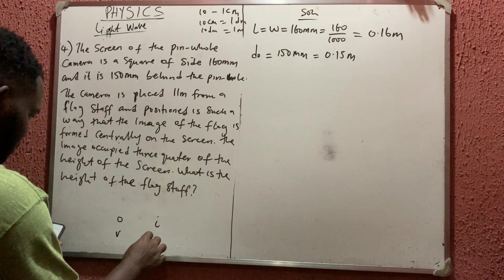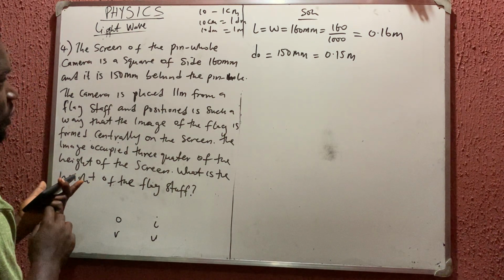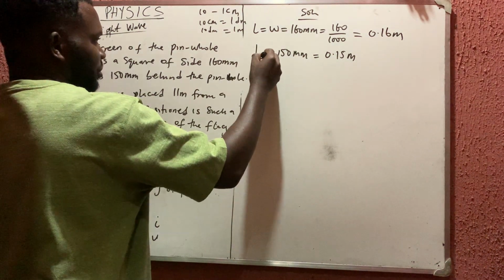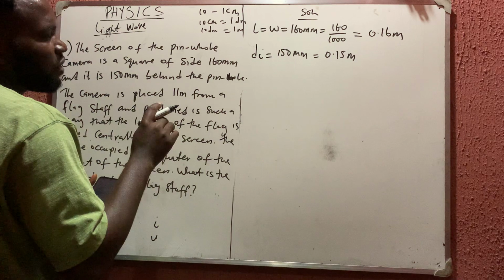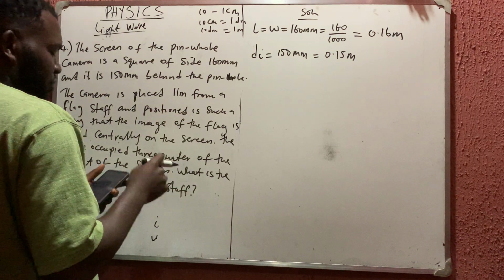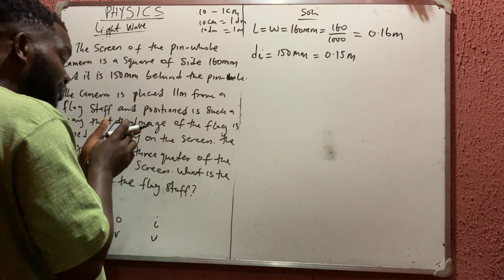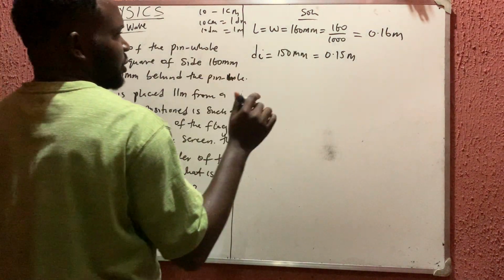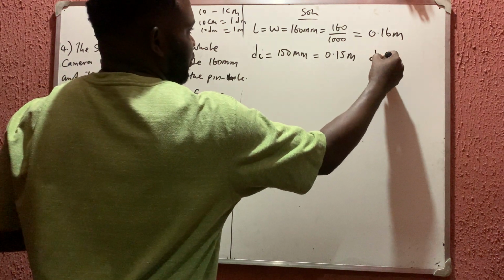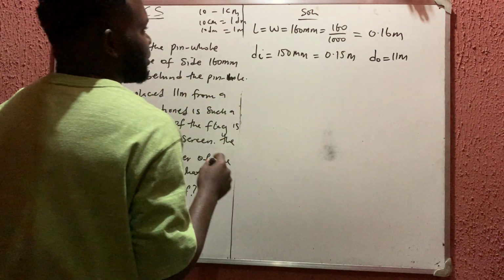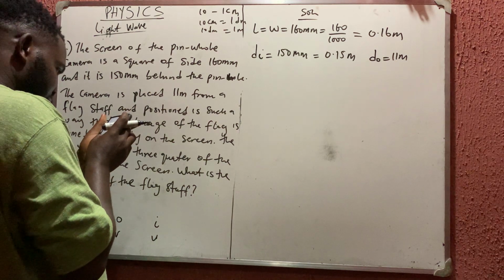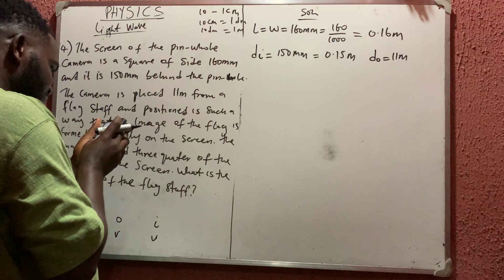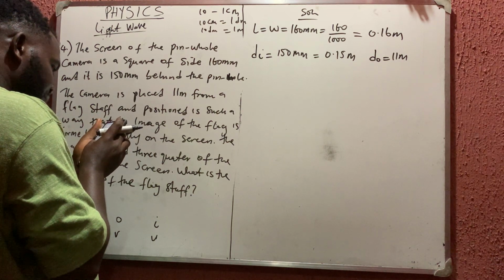This is my V, this is my U. Sorry, this is the distance of the image, 150 millimeter behind. Because here they say it is placed 11 meters away from the flag post, so the distance of the object is 11 meters, in such a way that the image of the flag is formed